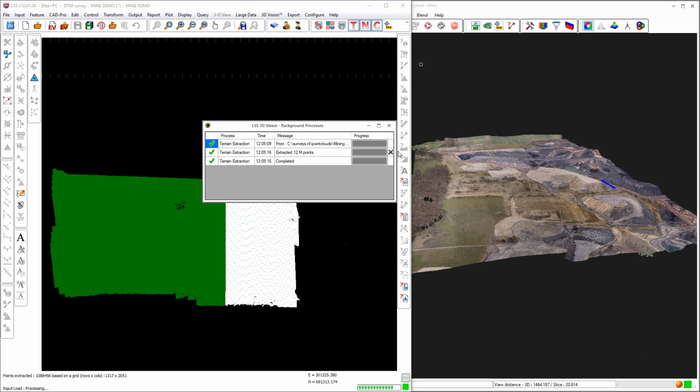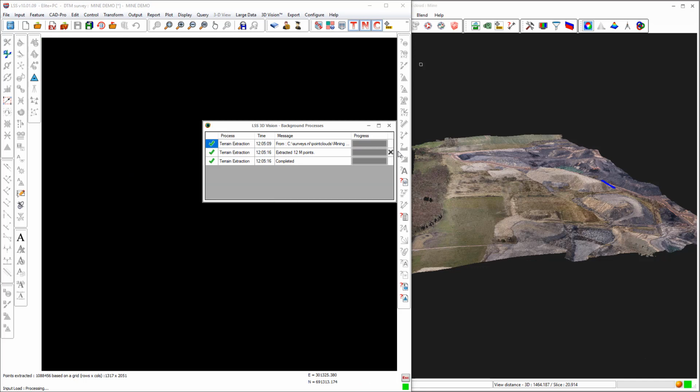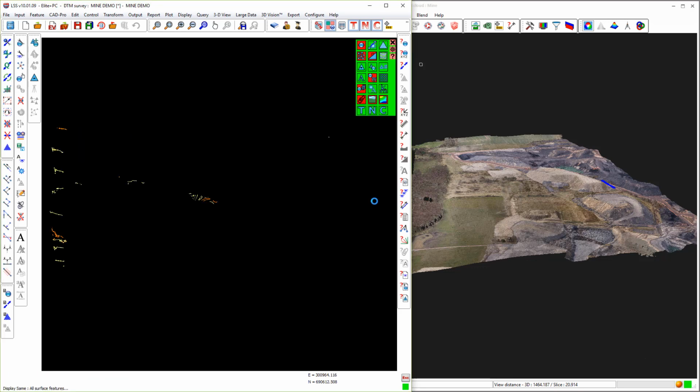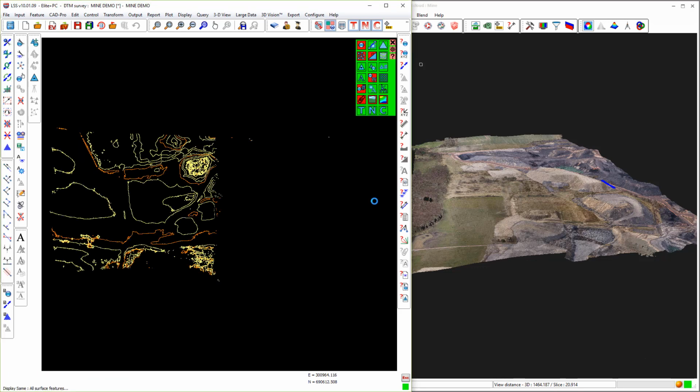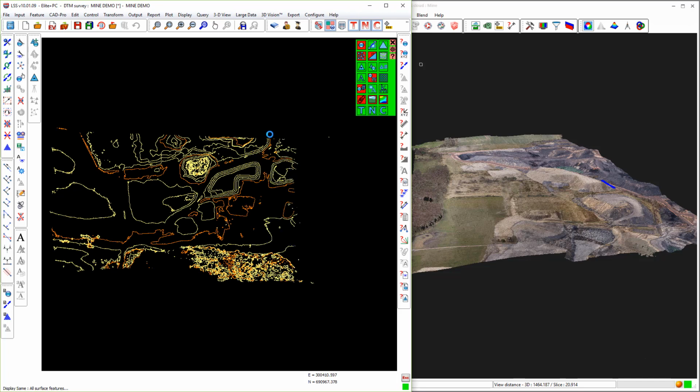Okay, there you go, it's triangulating the data. At this stage we can close this reporting window down if we want to by just hitting the cross. And there it's displaying the triangles. I've just turned the DTM widget on, and I'm just turning on and off points and changing DTM values and what have you. I'm going to immediately save the survey,